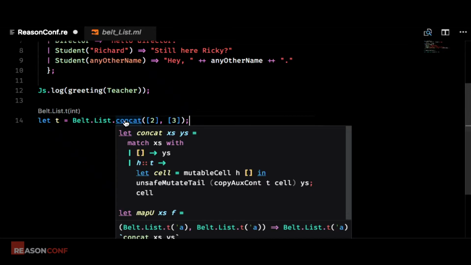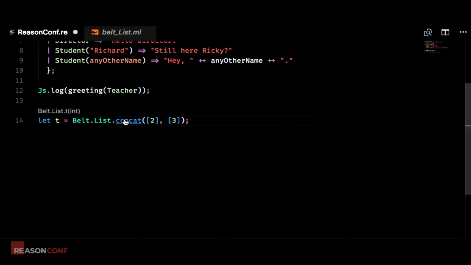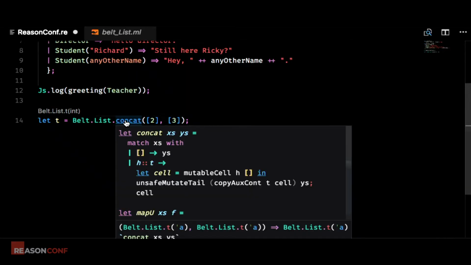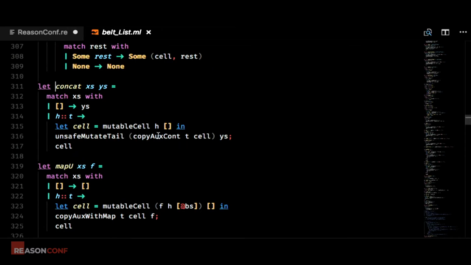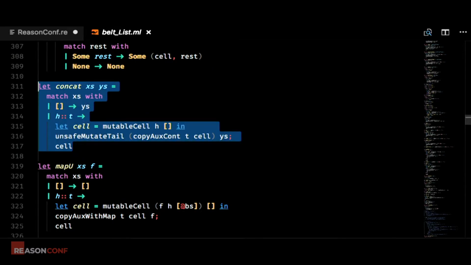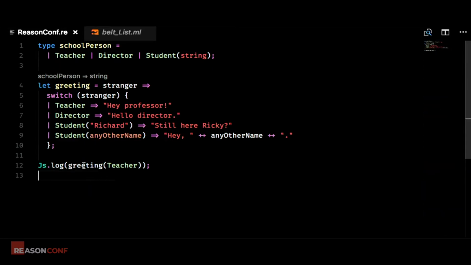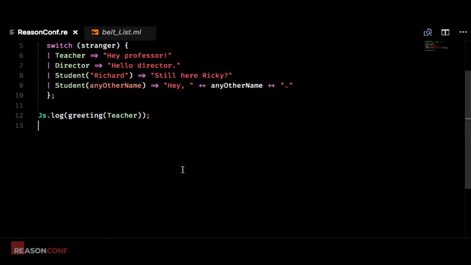The type inference is built into the editor as well. You can jump to definition. You can hover to see the types. For me the experience is really amazing, like hover to see the